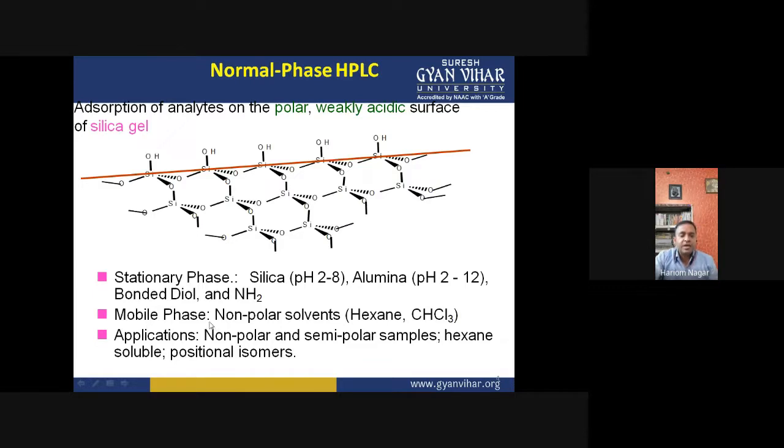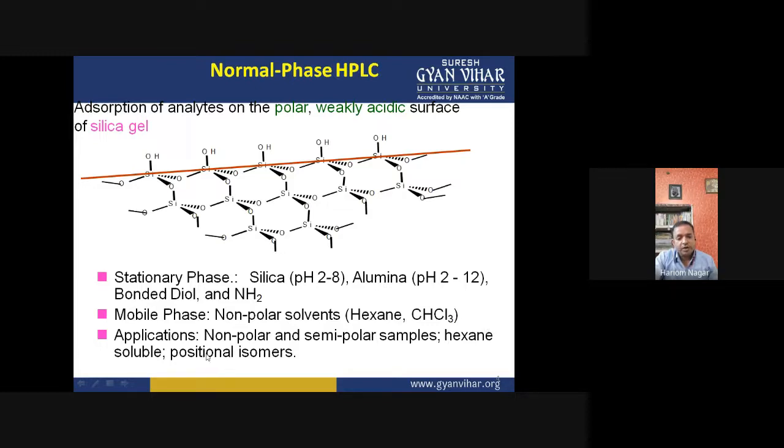The mobile phases are non-polar solvents like hexane, chloroform, DCM, etc. The application of normal phase HPLC is for non-polar and semi-polar samples. This is used for separation of non-polar and semi-polar compounds